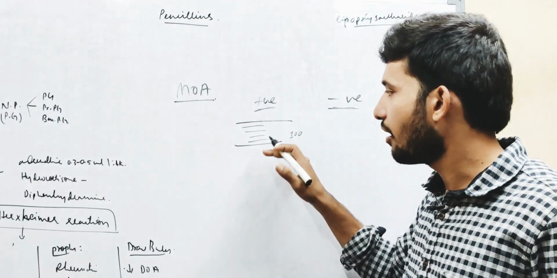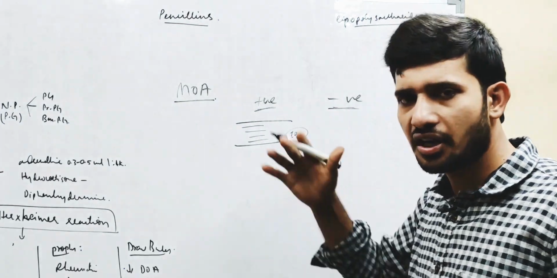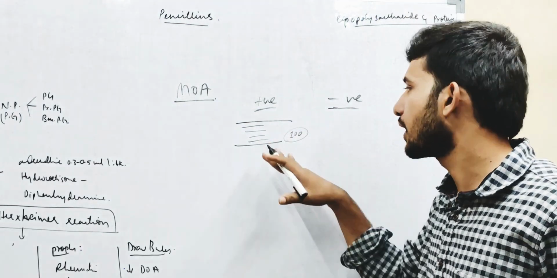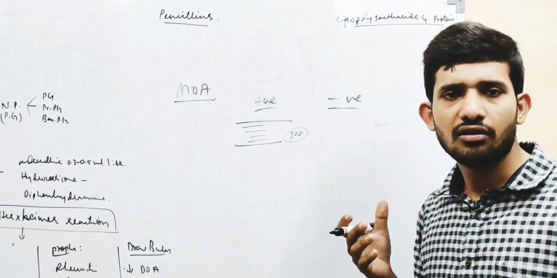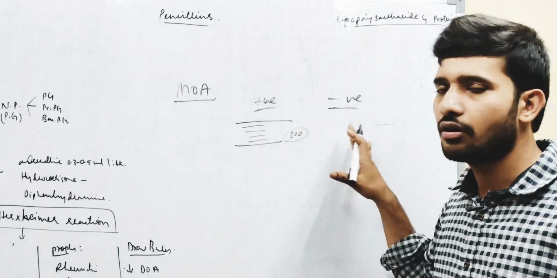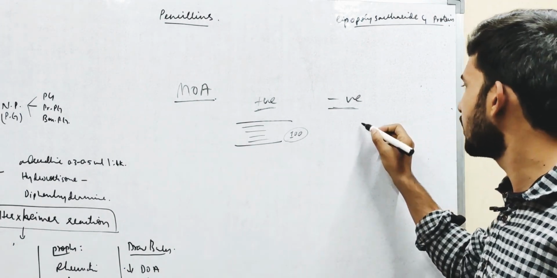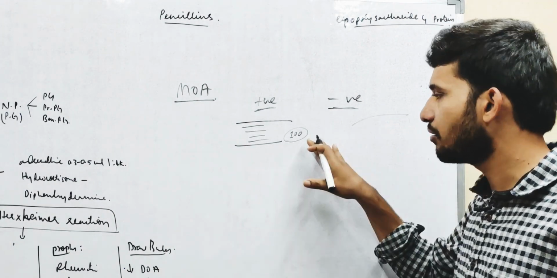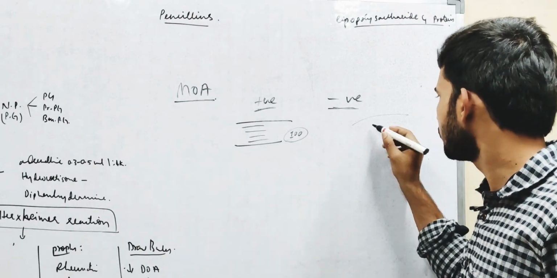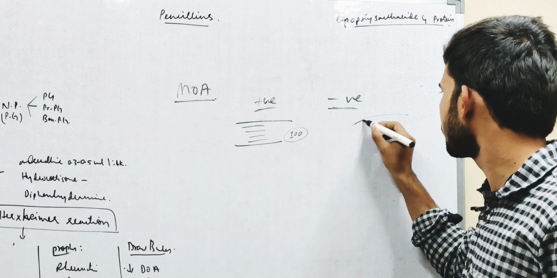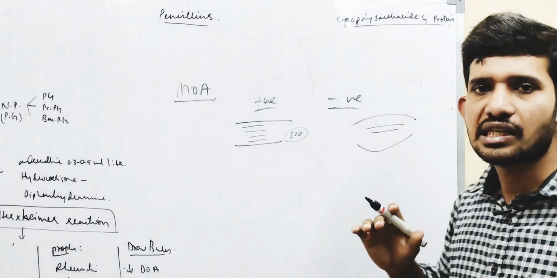But in gram-negative bacteria, the cell wall will contain peptidoglycan layers, but the layers will be just 2 to 3 layers, and this peptidoglycan is encapsulated